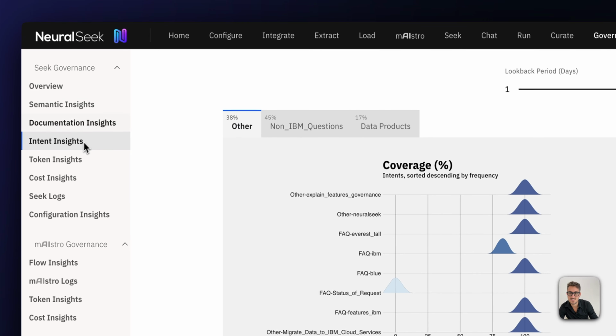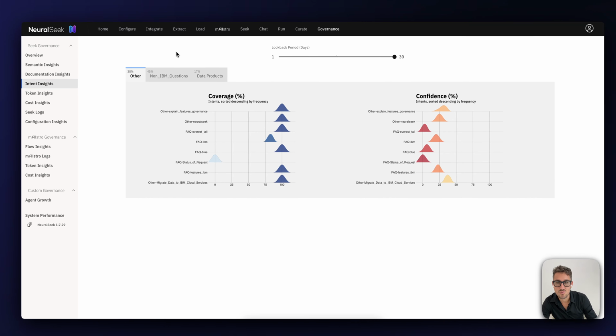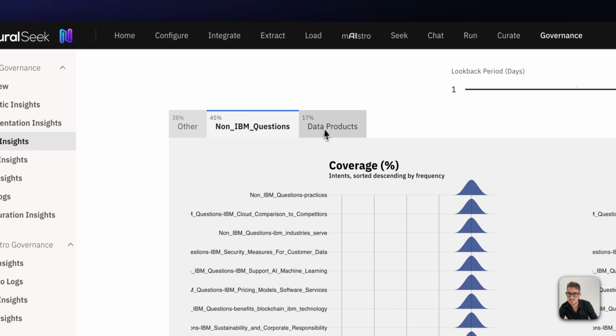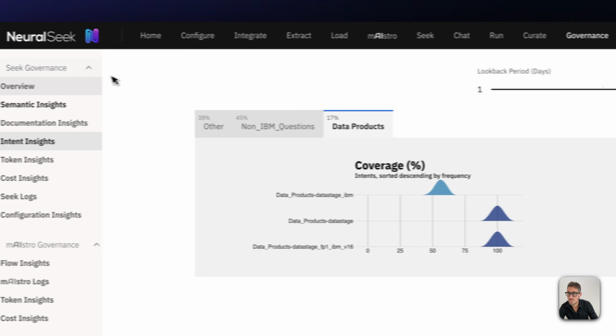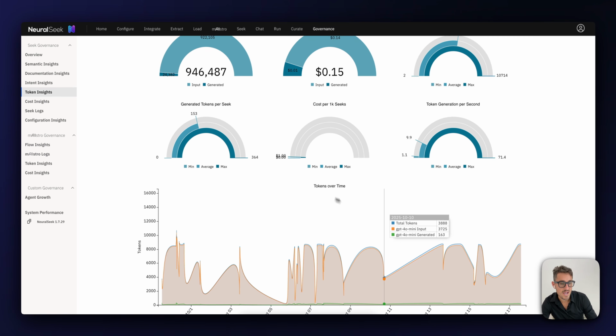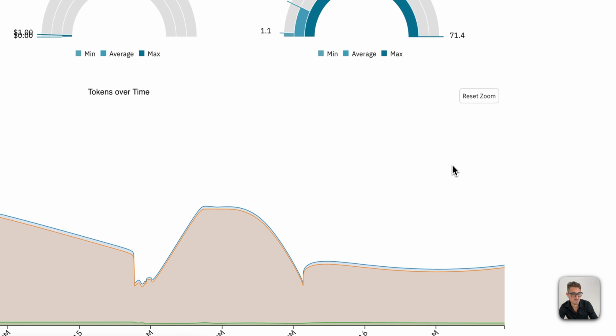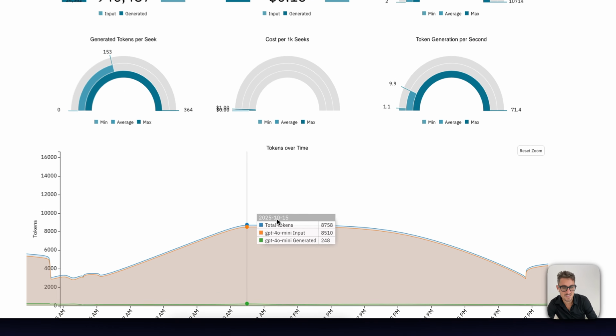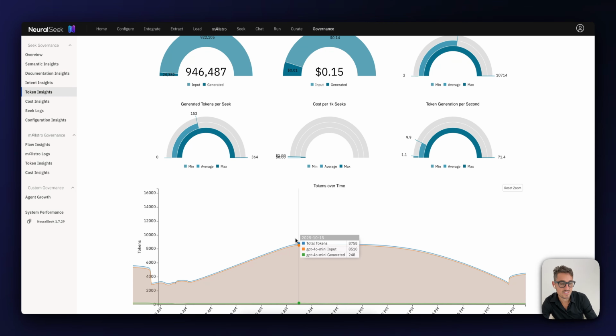If we go to our intent insights, everything is categorized. You as a business will know what type of problems your agents are dealing with and what their confidence score is while dealing with those types of inputs. Over time, you can provide routing and confidence thresholds as well. You can go over to your token insights and see your costs over time. As these LLM brokers start charging more and more for a token, this will become a bigger and bigger industry problem. These peaks and valleys, you're able to drill in and see exactly what's going on for this agent